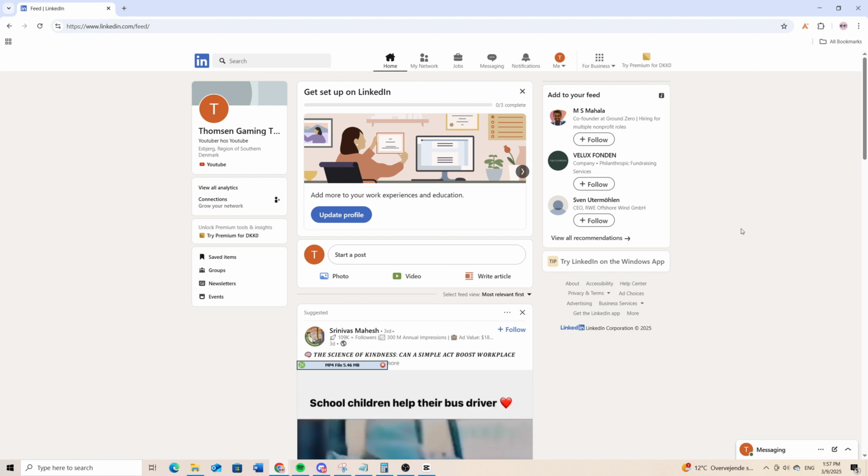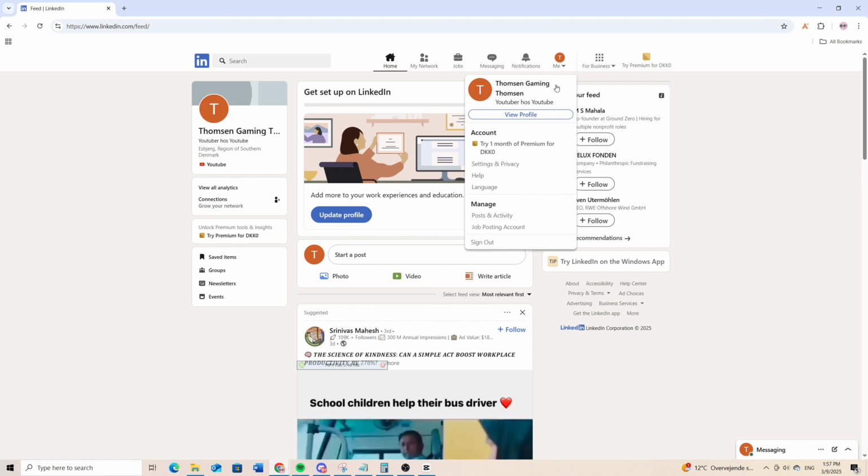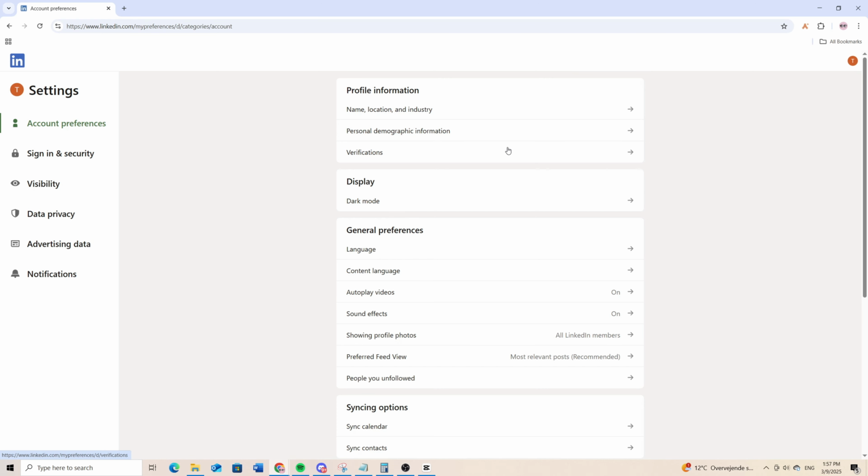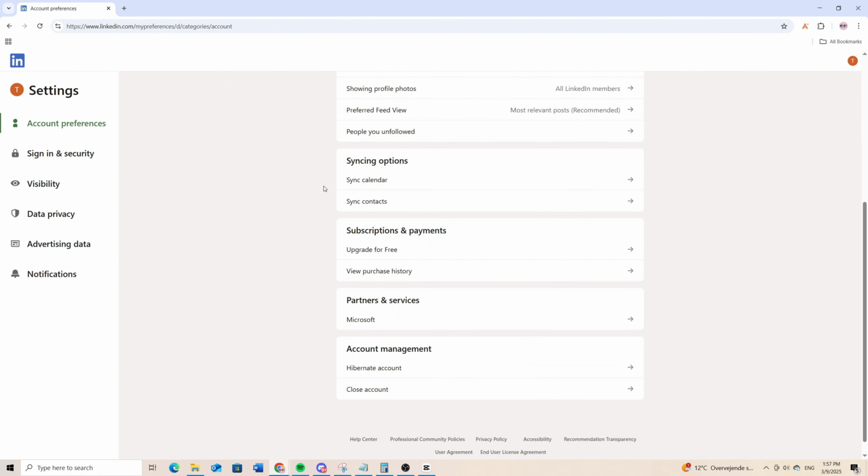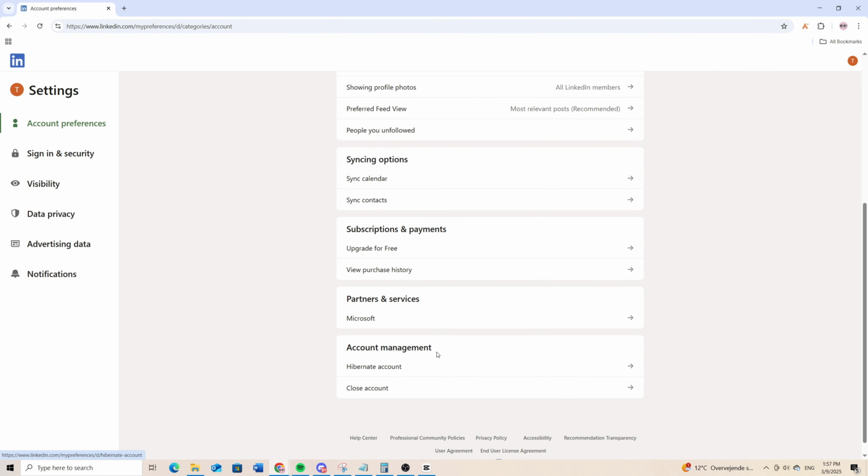So the first thing you want to do, you go to the section at the top and click on the section Me. And here you scroll a little bit down and go to the section Settings and Privacy and click on that one. And in here you go to Account Preferences and scroll down where it says Account Management